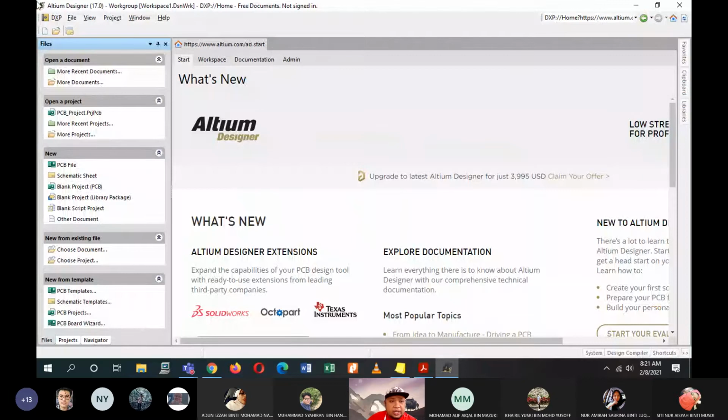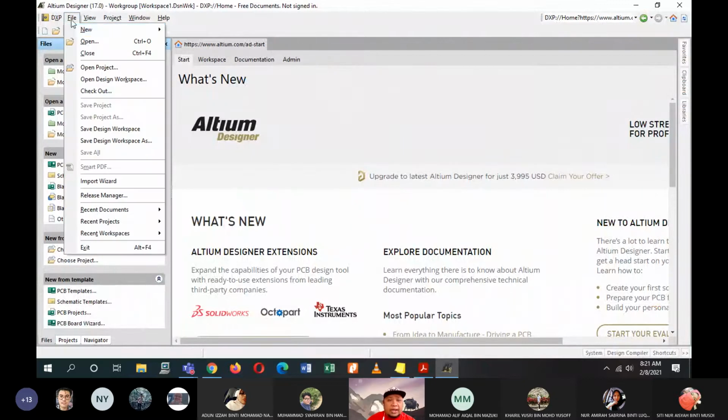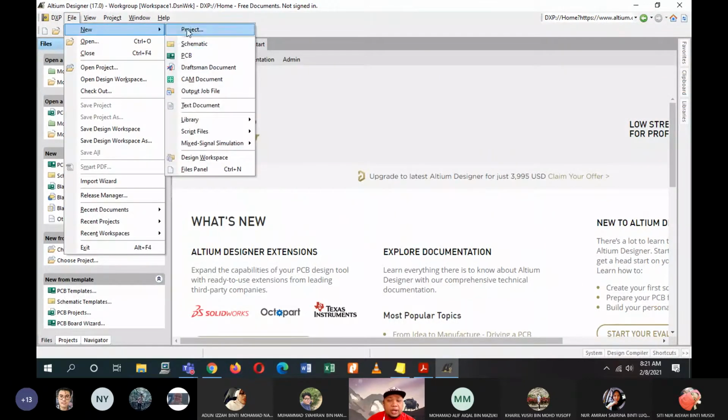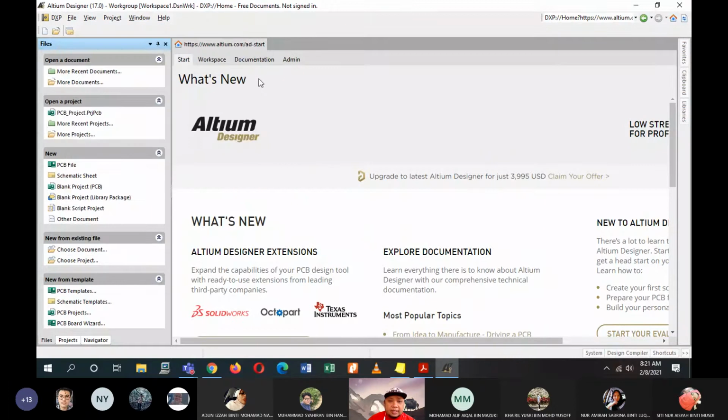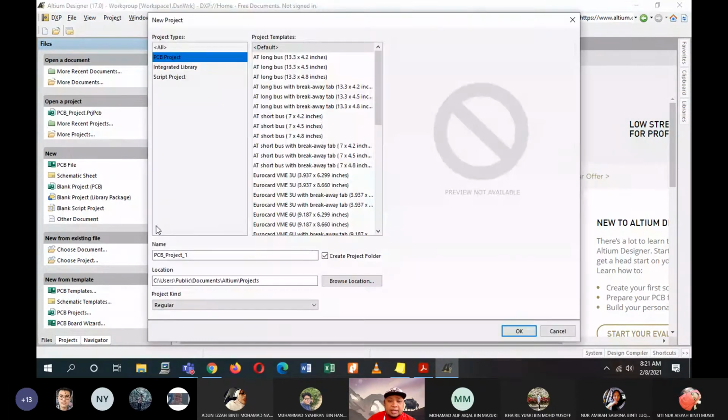Right, so what you have to do is basically go to file and then click on new and then click on project. Okay, so here you will have the project types, the project templates, the name of the project, the location, and the project kind. So for the project type, you just choose the PCB project.